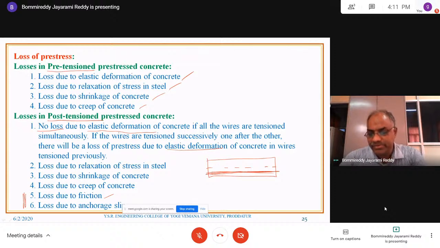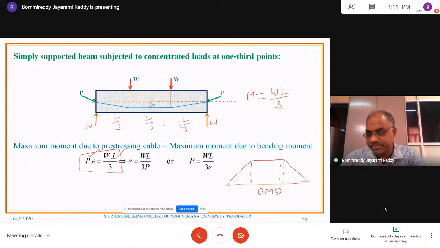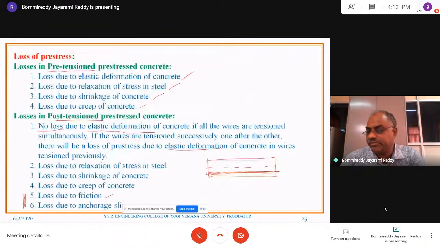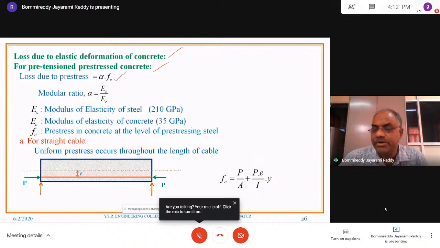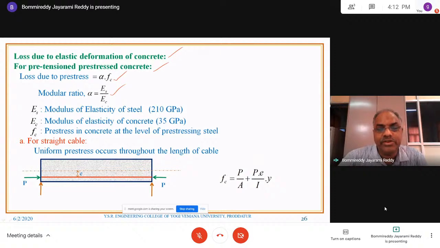So that's why we are separating this for calculation of values for pre-tensioned pre-stressed concrete. For pre-tensioned pre-stressed concrete, loss due to elastic deformation is alpha multiplied by Fc. Alpha is the modular ratio, that is Es by Ec, modulus of elasticity of steel by concrete,